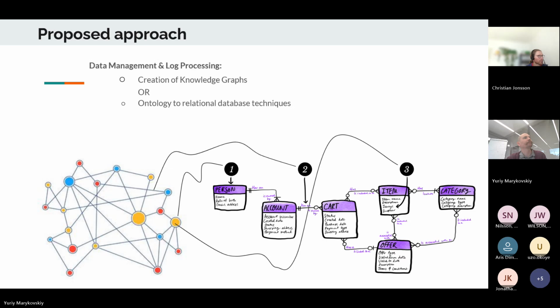And in terms of data management and log processing, we were thinking that while this ontology is being developed, it can be used as a basis for a knowledge graph, so it's getting populated with actual instances. But again, as I said, we are not fixed on this. If people are more comfortable or say that this kind of information can be better stored in any relational database, like PostgreSQL,